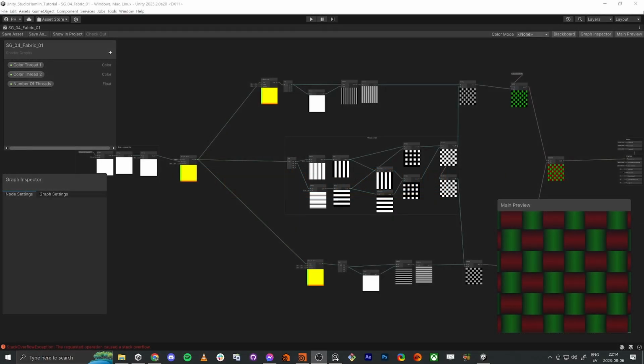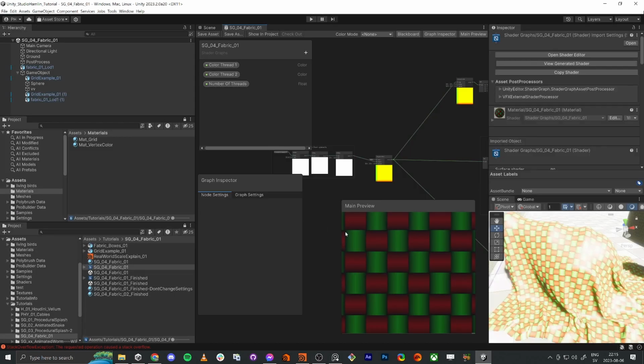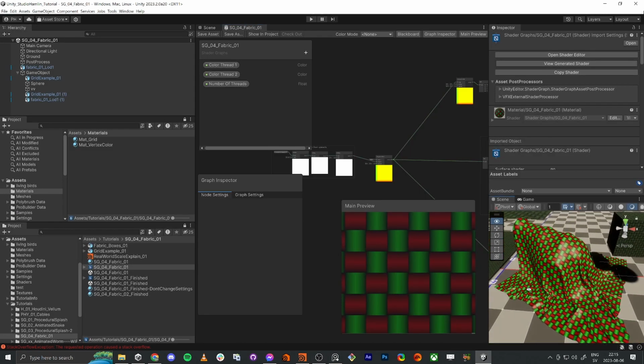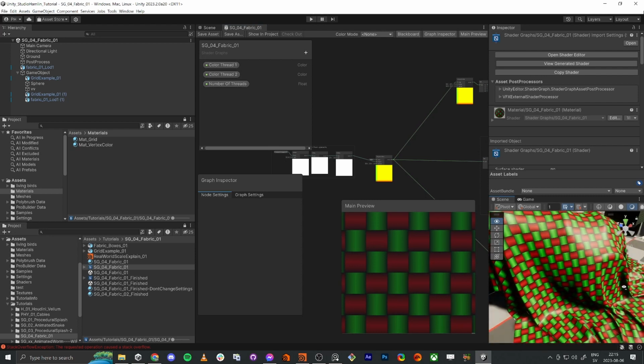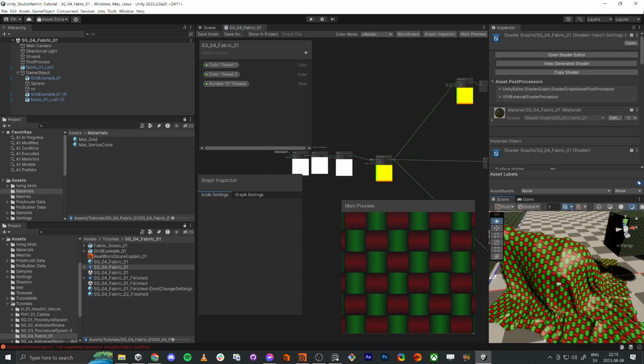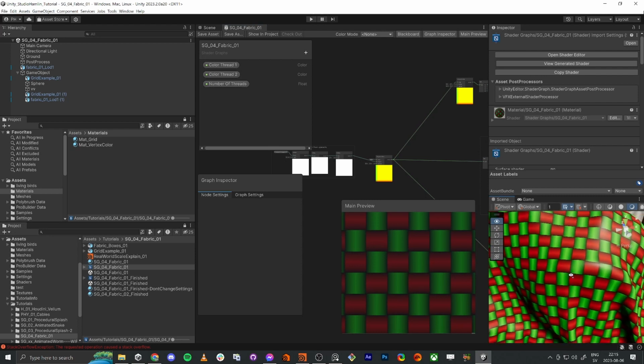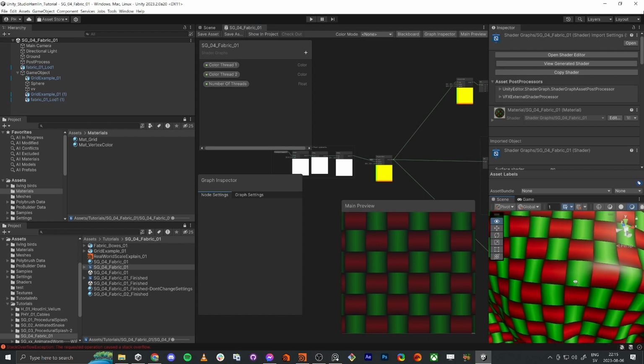Alright, welcome back, and we're going to continue to make this procedural cloth or fabric in Unity. So far we have this cloth looking like this, and we're going to make it look even better than this. So the first thing I want to add is